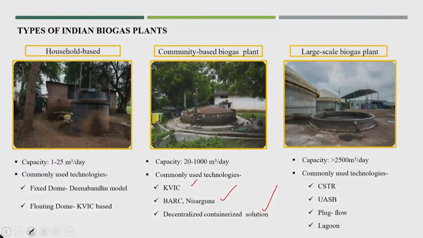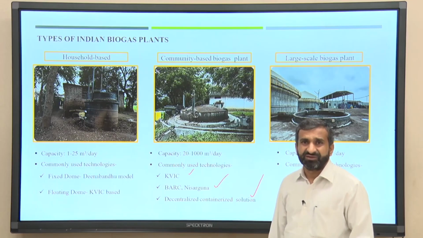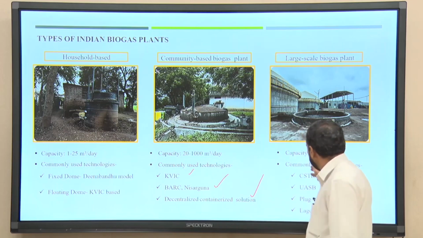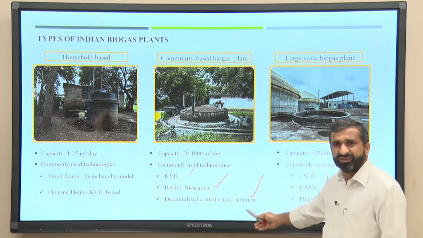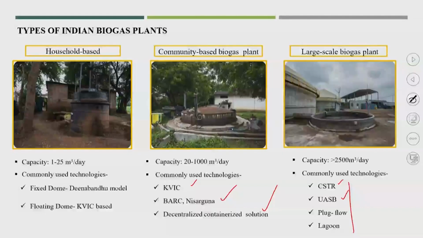This is a large-scale biogas plant with a capacity of more than 2500 meter cube per day. It is a very large unit, and other technologies could be CSTR, USB. These are all technologies also available for sewage treatment. This is very popular, and if you want to read more, read more on CSTR, USB. So, these are the different technologies available,